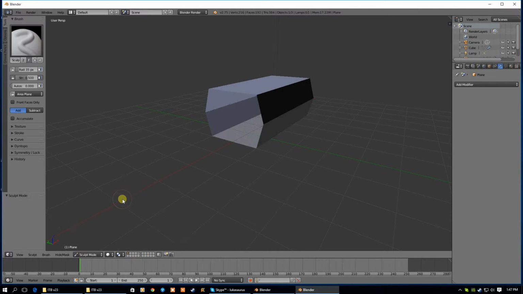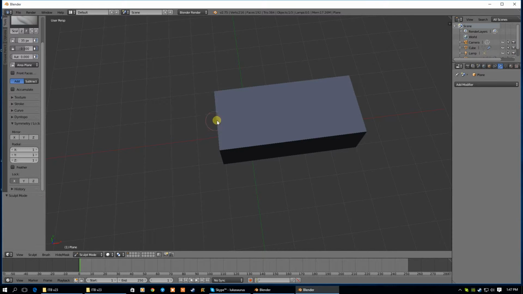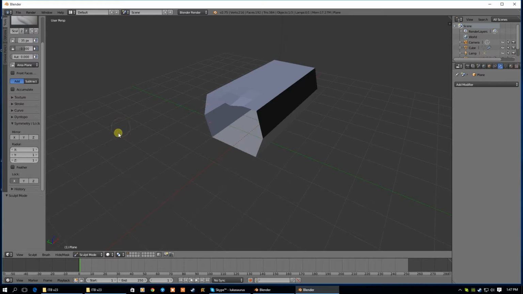And we'll go to sculpt mode. And in sculpt mode, I'm going to unlock the symmetry, but I am going to lock the X. Okay, what that means is I don't want it moving along the X axis. Also, I do want to mirror on the X. Okay, so whatever happens